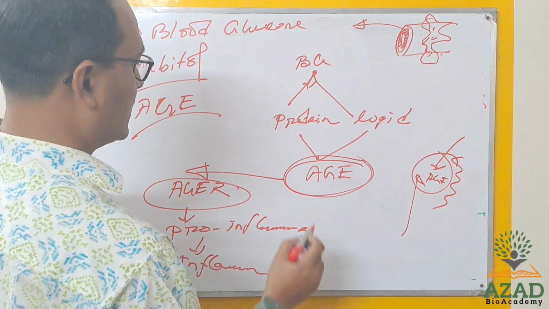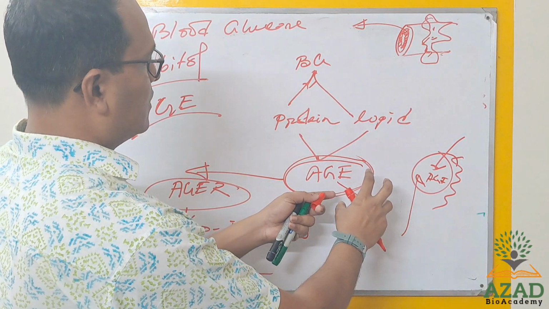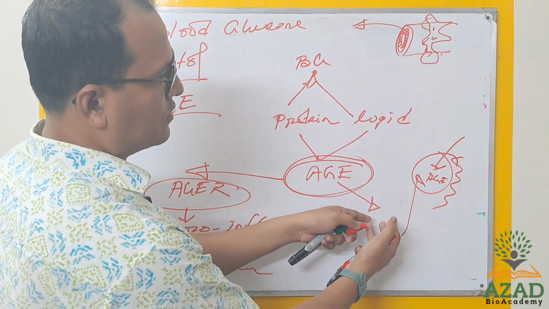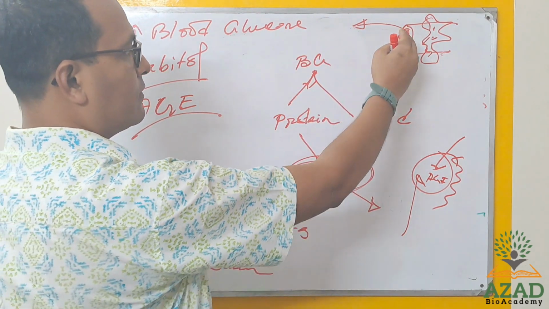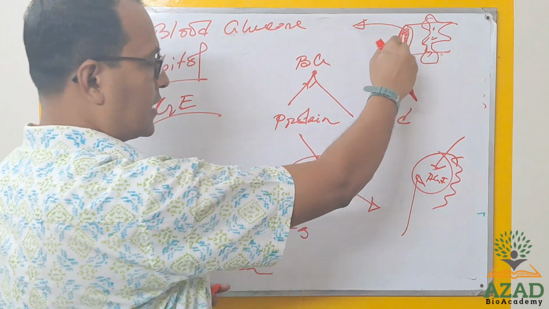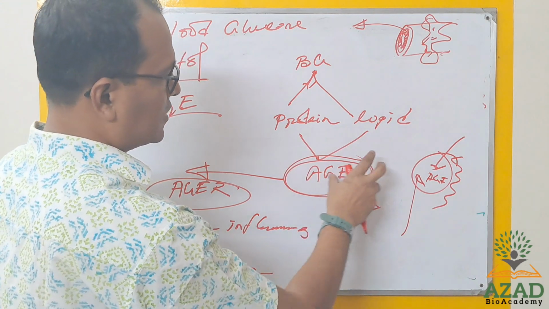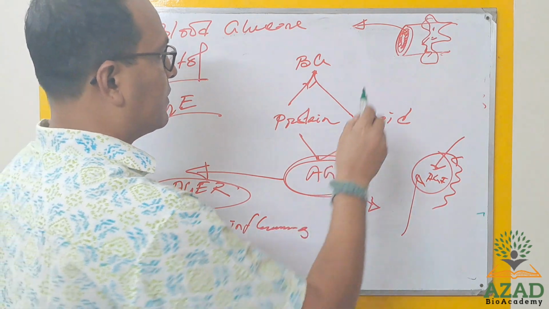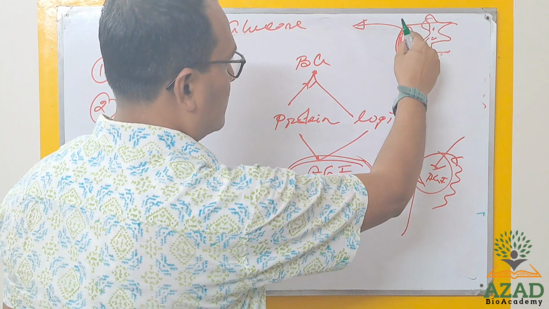That AGE can form within the endothelium, or it can bind the extracellular portion. Endothelium dysfunction will occur, and when the endothelium is activated or attacked by AGE, free radicals will also be produced. And if the AGE attacks the basement membrane here,